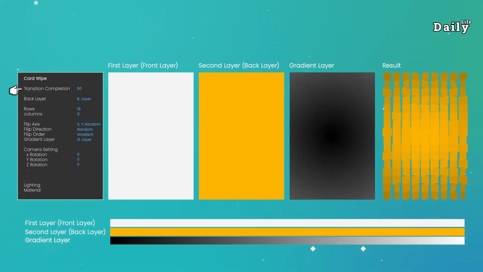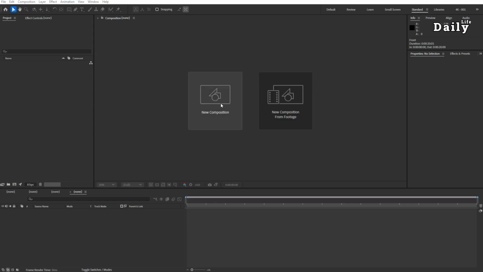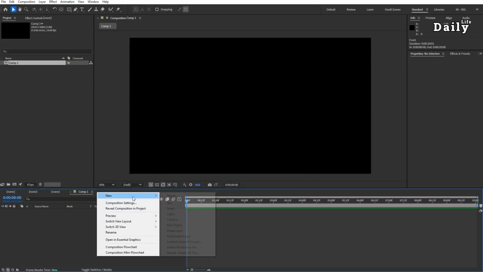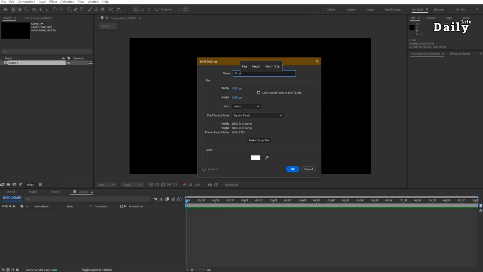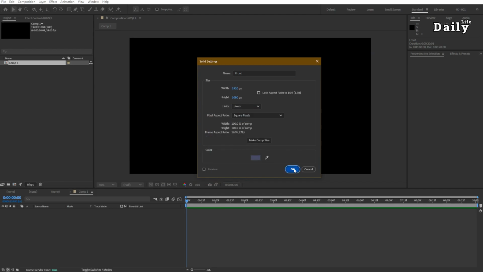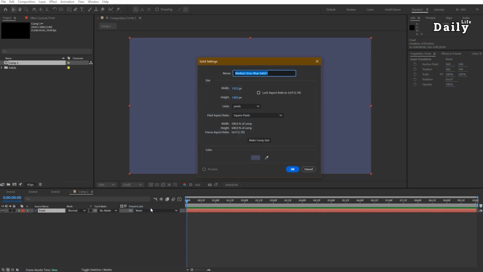Now that we understand how the gradient layer works, let's try using black text on a white solid as our gradient layer. In a new composition, do the following. Create a solid and name it front. Create another solid and name it back.